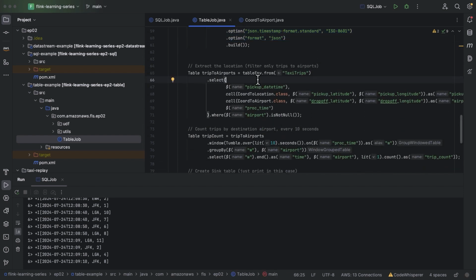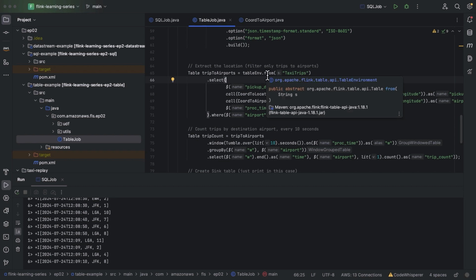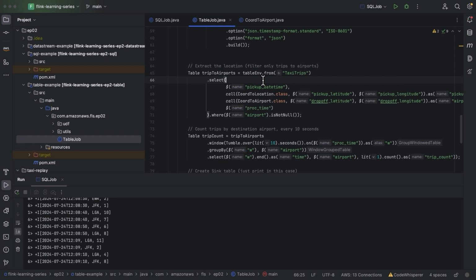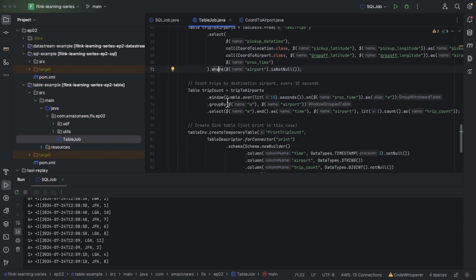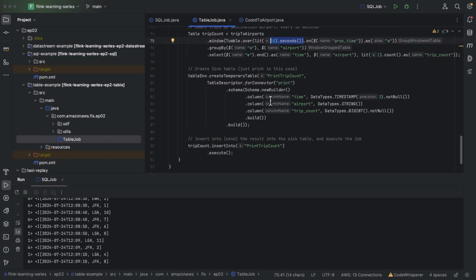And then we can apply the same kind of processing logic, but if you notice, it's more tied into the programming language of our choosing, which in this case is Java. We're still selecting columns, we're still applying filters, but we're applying them as methods on our Java objects. We apply the same transformation and aggregation per 10-second interval.